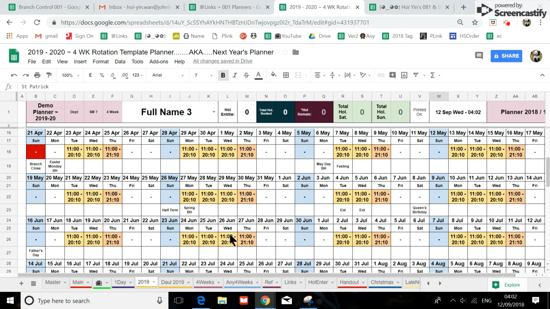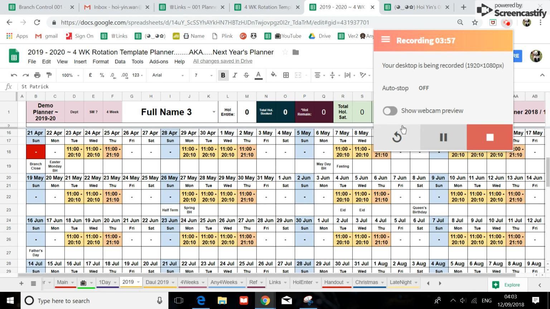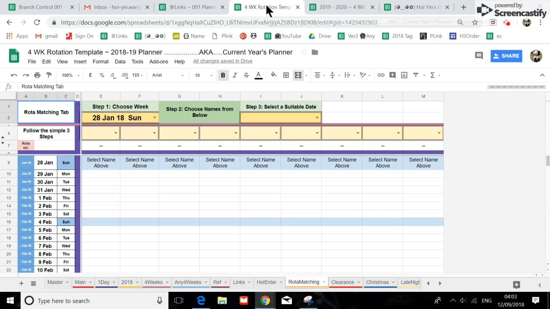So this is what I've changed. And for this spreadsheet, I've gotten rid of a tab called meetings. I can't remember what the title of it was. Just hold on one moment, I'll find the name. Okay, so I'm going to go back to the current year's planner. You have a tab called Rota Matching. So this tab is very much like you can choose the entire year